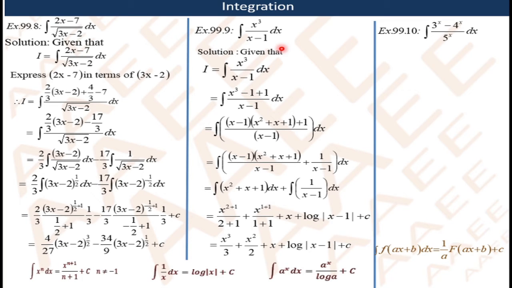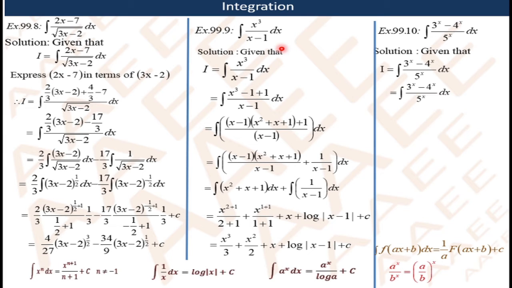Next one, sum number 10, page number 99, integration of (3 raised to x minus 4 raised to x) upon 5 raised to x dx. So we have given that integration of (3 raised to x minus 4 raised to x) upon 5 raised to x dx. It is not in standard form. The integrand is not a standard form of the integrals. So for that